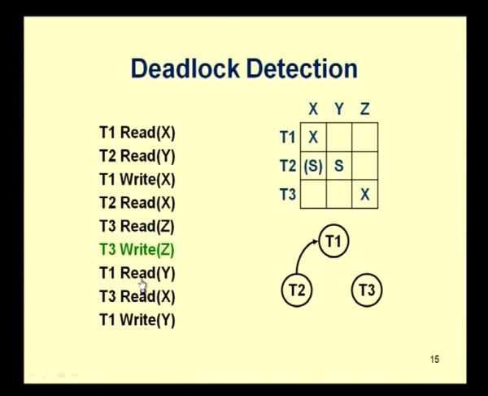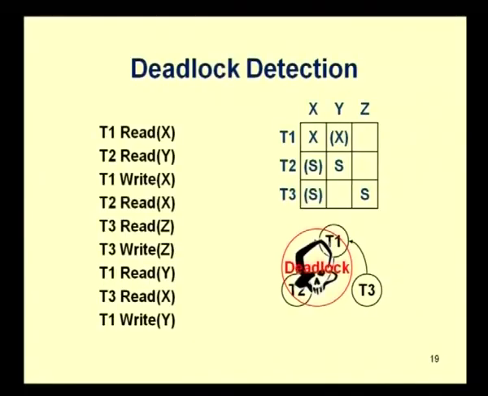Now, T1 wants to read Y, that is allowed. Now, T3 wants to read X, so T3 is waiting for T1 again. Then T1 wants to write Y. For that, Y also has an S lock, so this cannot be changed to an X lock. So, T1 waits. Now you have a cycle between the T1 and T2 transactions, and a deadlock has occurred. T2 waiting for T1 is on data item X, and T1 waiting for T2 is on data item Y. So, here you have a cycle, that is a deadlock situation.